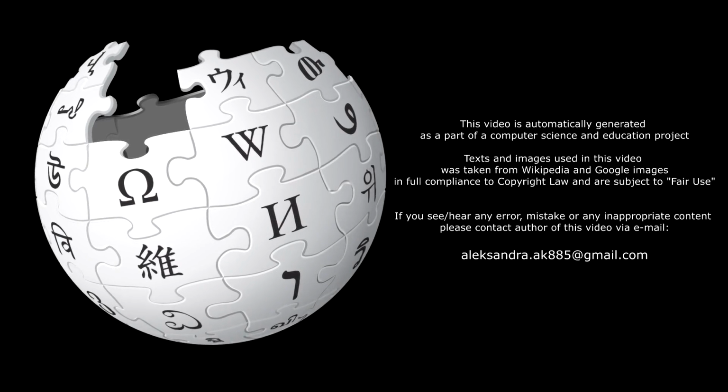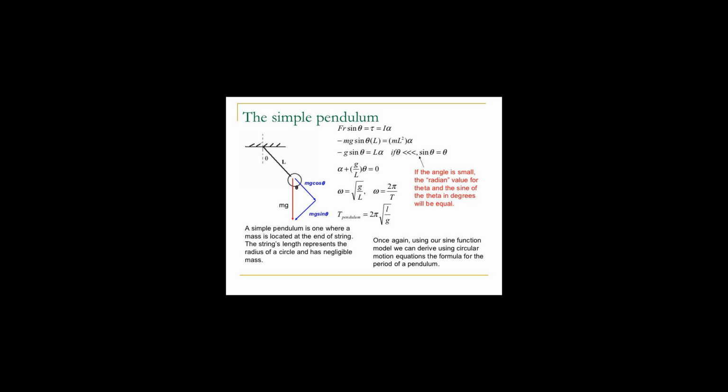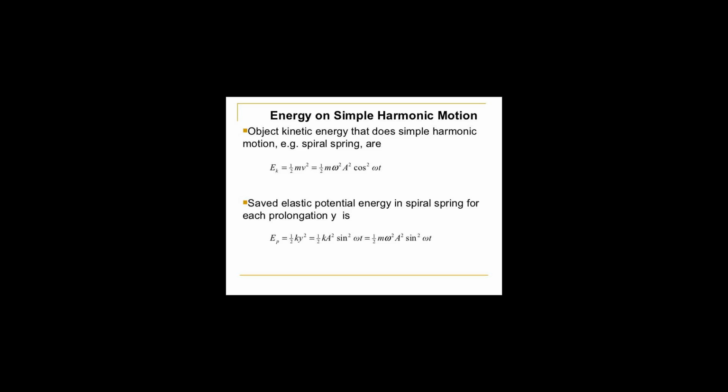In mechanics and physics, simple harmonic motion is a type of periodic motion or oscillation where the restoring force is directly proportional to the displacement and acts in the direction opposite to that of displacement. Simple harmonic motion can serve as a mathematical model for a variety of motions, such as the oscillation of a spring. In addition, other phenomena can be approximated by simple harmonic motion, including the motion of a simple pendulum as